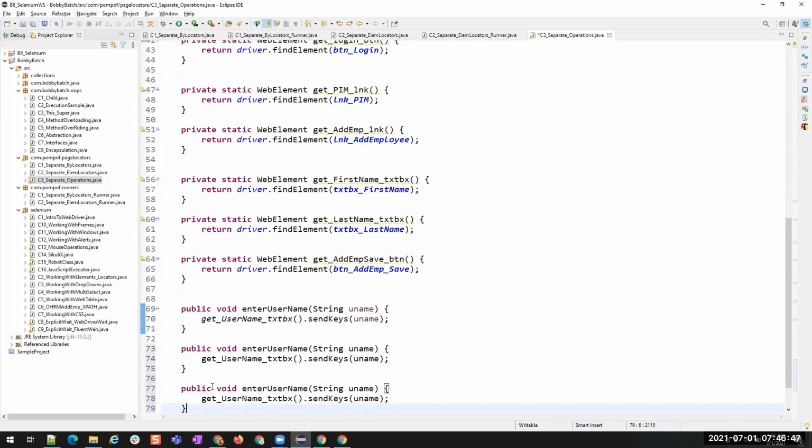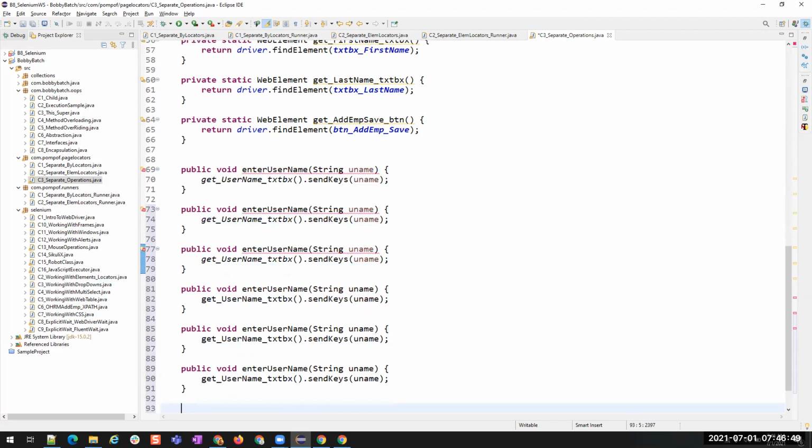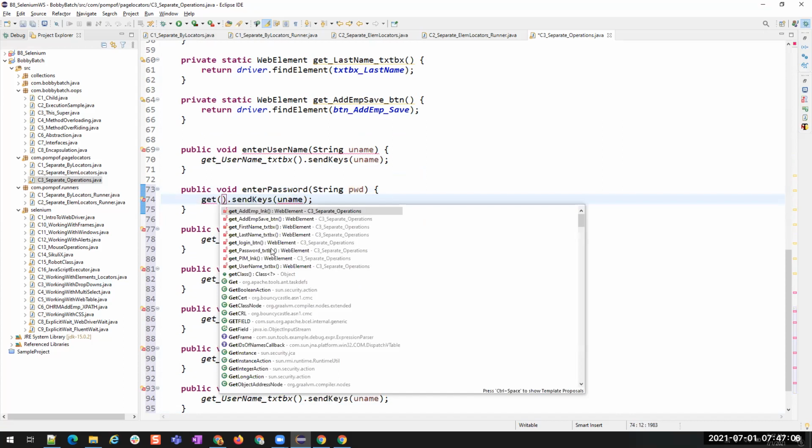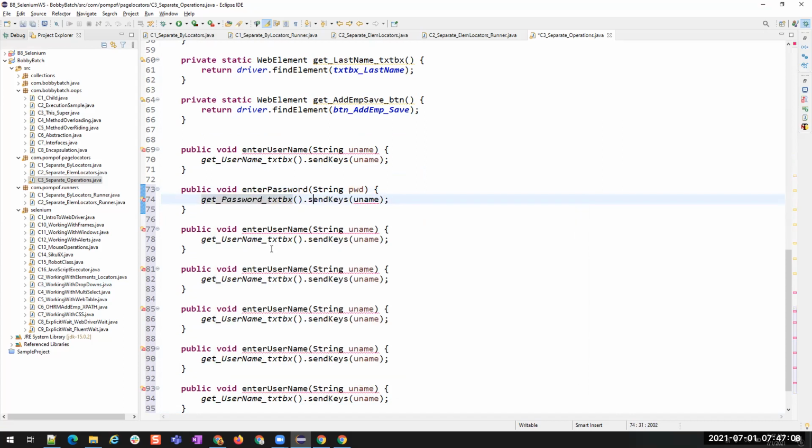Similarly, I'm going to write some methods for all the other operations as well. Password, login, PIM, add employee, first name, last name. Enter password, and this will be a string password, and then get password text box dot send keys of password. Then click login.